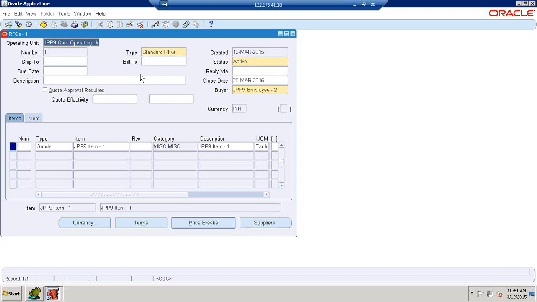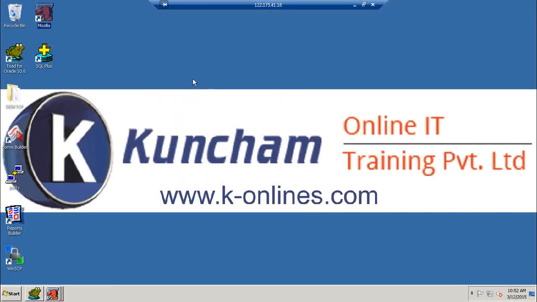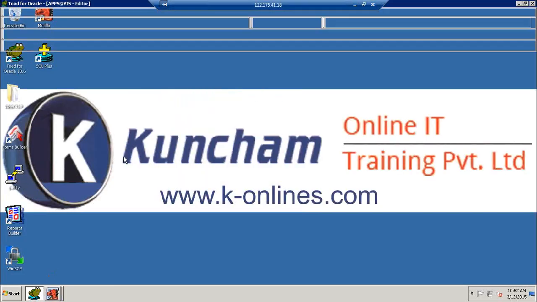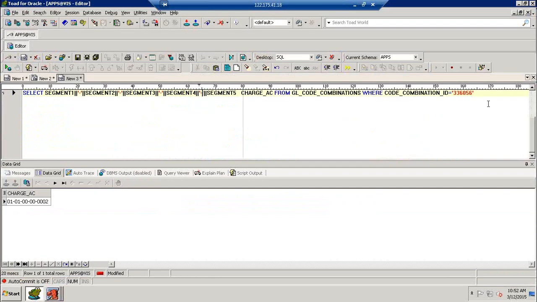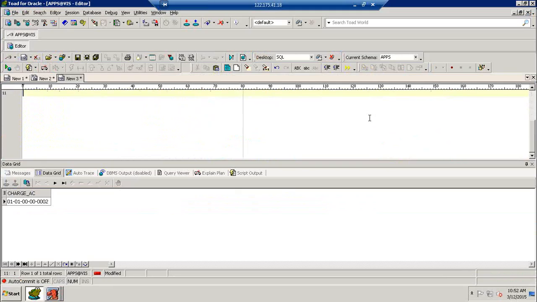Once we retrieve this RFQ information, this RFQ also has 3 levels. So definitely this information is going to be stored from the backend in how many tables? 3 tables. Let us check it. Go and open the Toad. Okay, so here we are going to retrieve the data. This RFQ information is going to be stored in PO